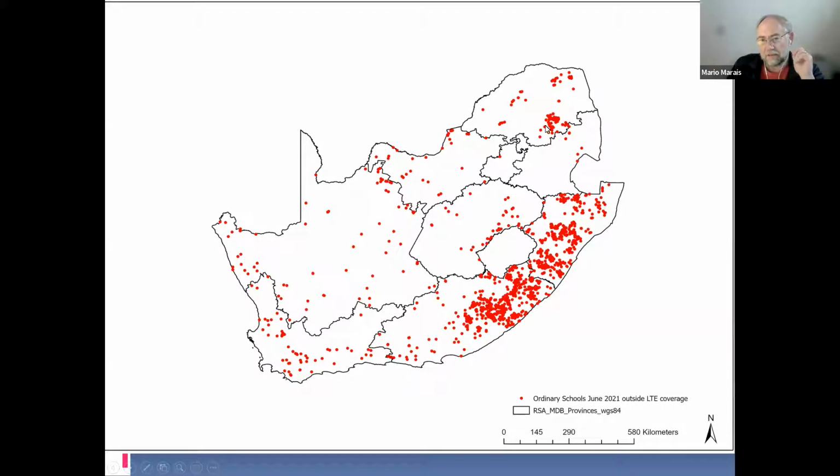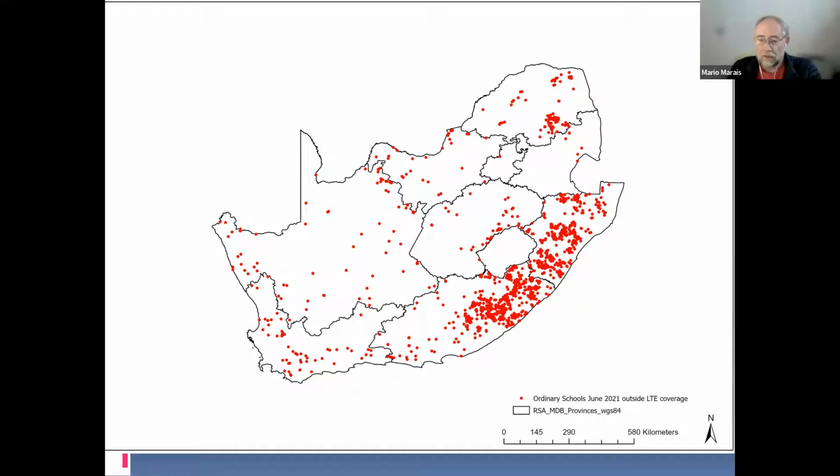And then you've got dense rural here in areas of, this is a booming farming industry. And you've also got some density around mines. So people group around mines. If you look, Gauteng is obviously not rural, and so there's few schools that are outside LTE coverage, but still, you can see there are huge areas where you've got quite a concentration of people. The density of the schools indicated, but you don't have LTE coverage, and that's as of